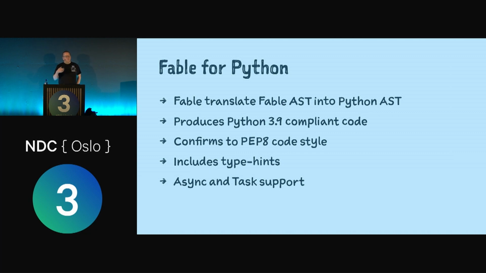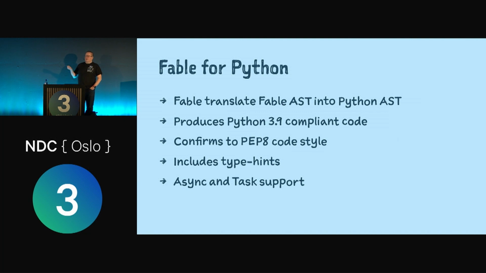Code conforms to PEP8, which means that if you write functions that are camel-cased, the Python code will be snake-cased. And it will produce type hints for you. I think it's really close now that I have problems seeing a person that could write better Python code than this transpiler produces, in certain cases at least. Sometimes it generates a bit too much code maybe, but